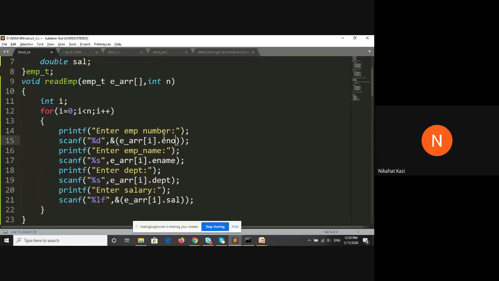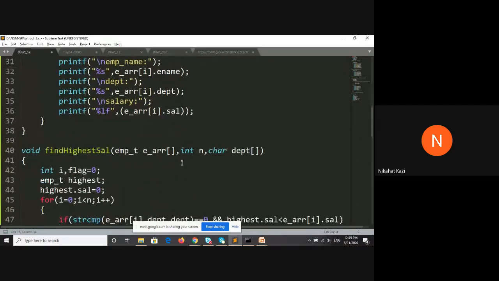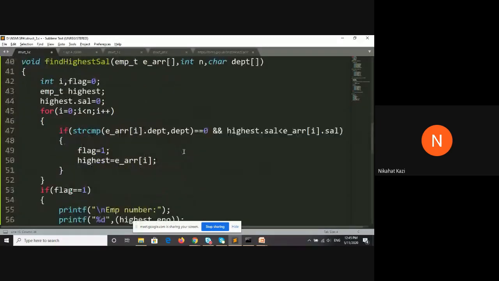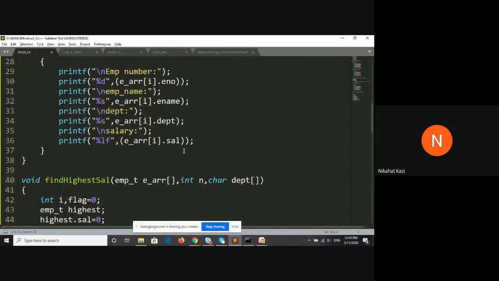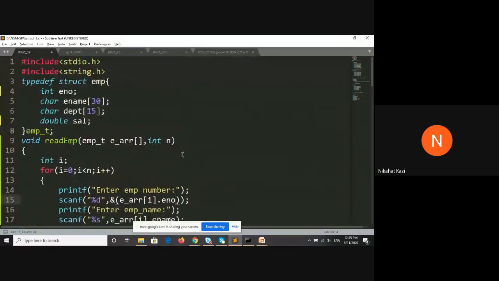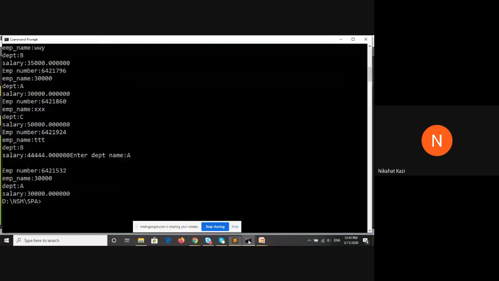Instead of E number, I had written E name by mistake. Now it is fine, everywhere I changed it to E number. It is giving me the correct department, correct salary, highest salaried employee.